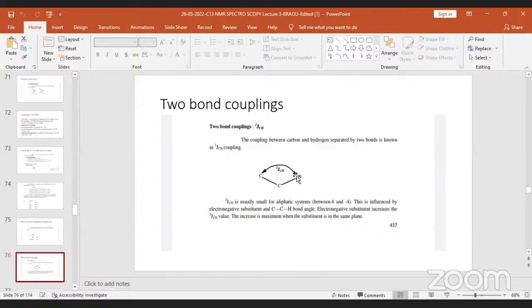So it is similar to vicinal coupling, not vicinal, geminal coupling in case of Proton Nmr. Okay, 2 bond couplings, J2CH. J2 means the coupling nuclei are separated by 2 bonds. What are the nuclei that are being coupled? Carbon and hydrogen. J2CH, like this. This and this are coupling. They are separated by 2 bonds. We call it J2CH. Another heteronuclear coupling is